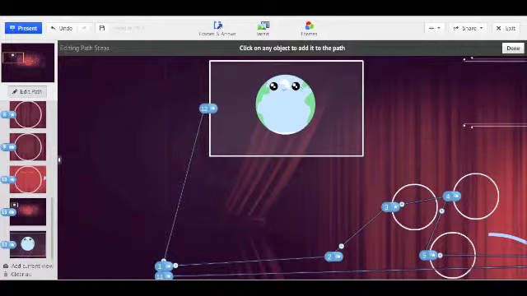Then you will see blue lines and numbers that connect the different objects in your Prezi. You can click on a blue number and drag it to an item on your Prezi to reorder your Prezi. For example, if I click on 3 and drag it to my new rectangular frame, my rectangular frame will become